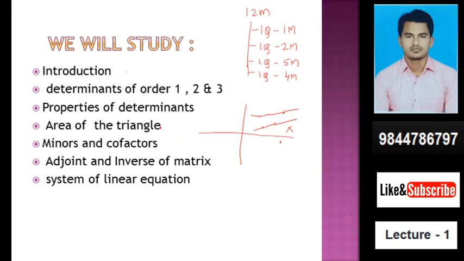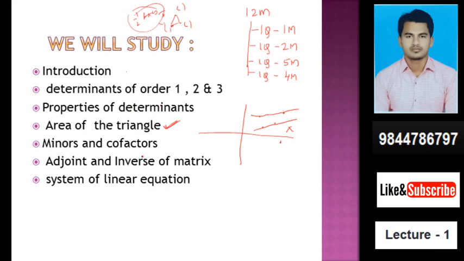And the major thing is we can also calculate the area of the triangle. In earlier classes, from 5th, 6th, we found the area of the triangle as half into length into breadth, isn't it? But we cannot apply such formulas here because we apply them only in geometrical cases where they have given length and breadth. But if they have given the vertices, the first vertex, second vertex and third vertex, with the help of determinants we can also calculate the area of the triangle.